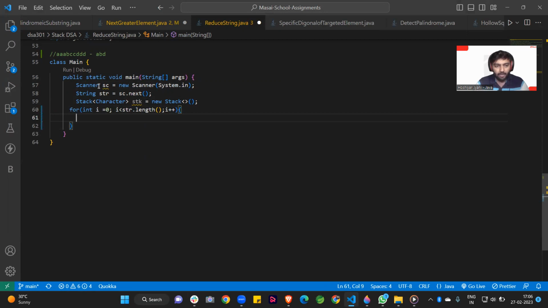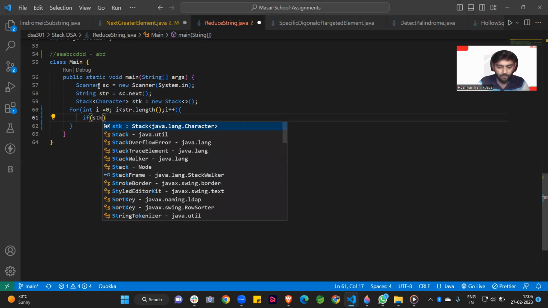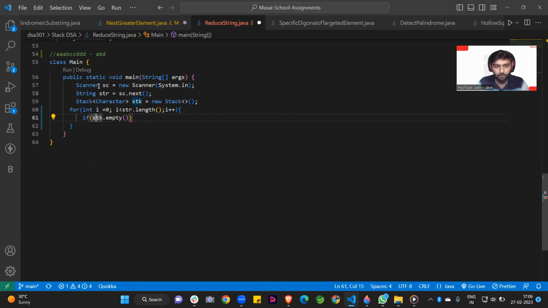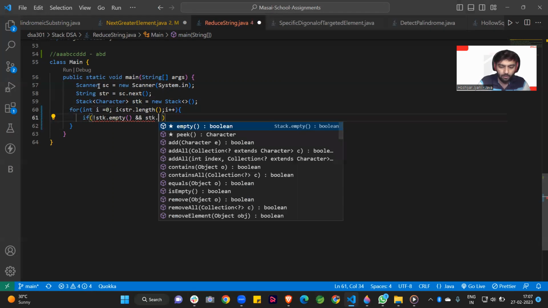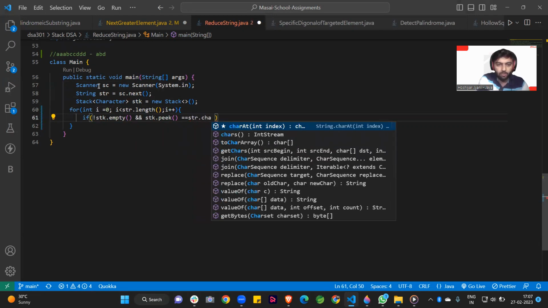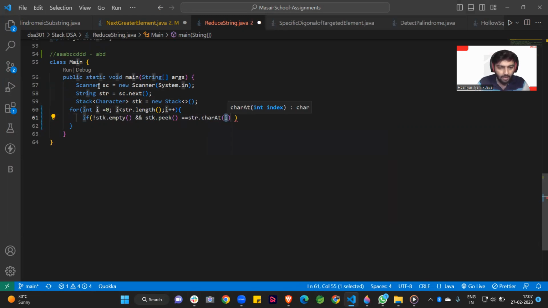So we are iterating over each character of our string. At that time, we check if our stack is not empty. For the negation, we can use the negative sign. If our stack is not empty, as well as I apply a condition here: stack.peek() is equal to str.charAt(i).